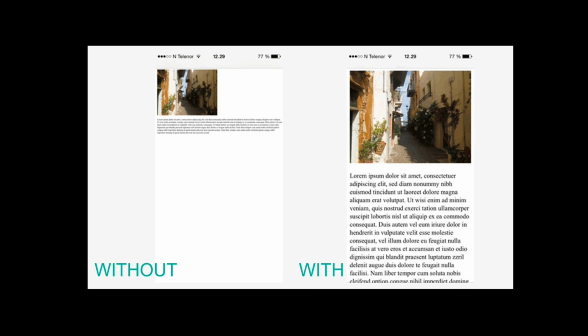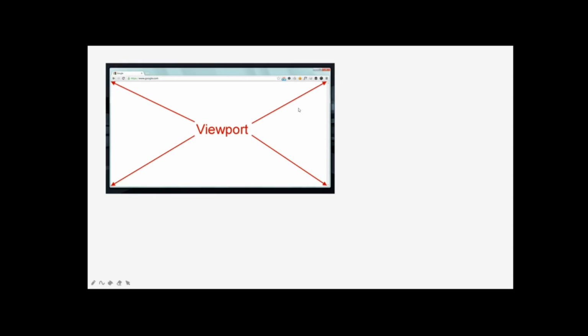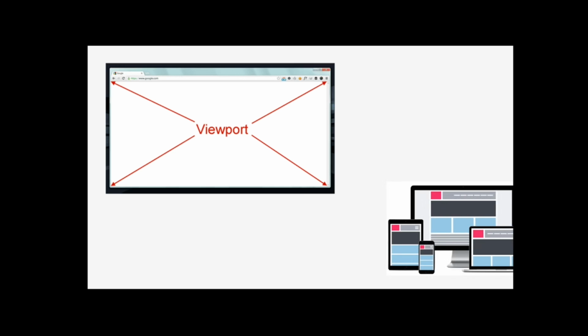The content fits the entire screen, so you may consider your whole web page as a viewport. If you use any other devices, this is how it actually looks.